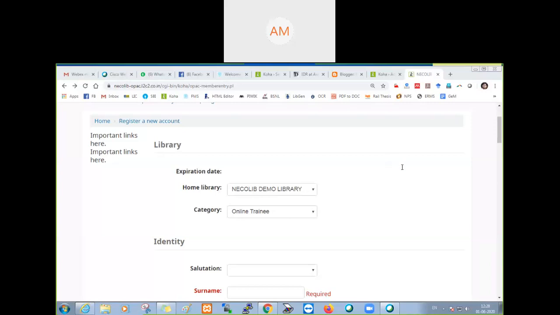Tirtho asks: sir, can we select only one patron category code, or can I select every category? No, no. A particular patron can be available in your system under only one category. Your category is always unique. A particular user cannot use two categories. Like if a faculty member is doing a PhD, you can give him or her either faculty or research scholar. Both categories cannot be applicable to a single patron. That is simple library logic. A user should not have the privilege of two categories. It should have only one category.